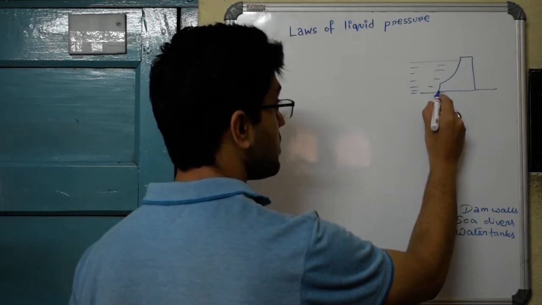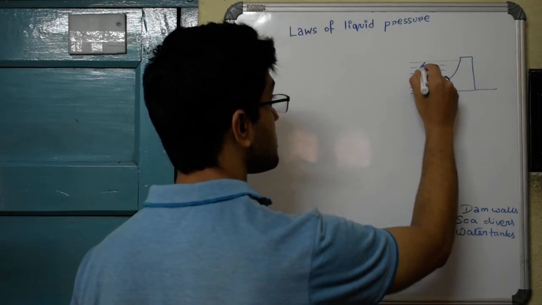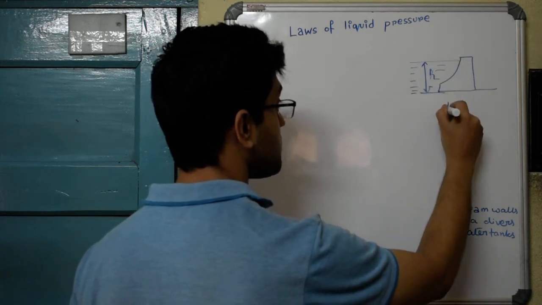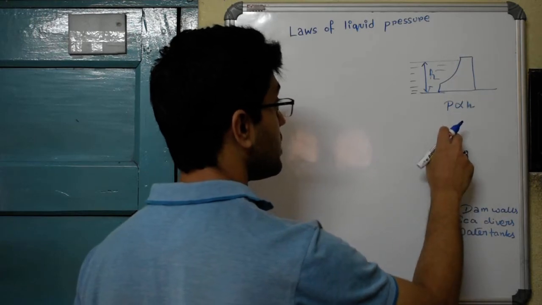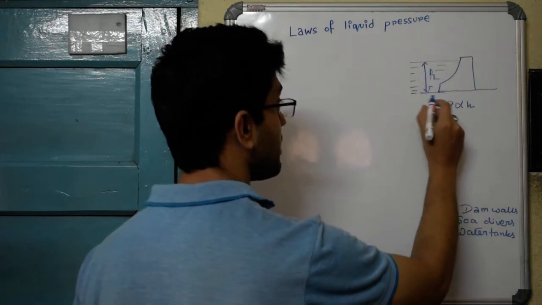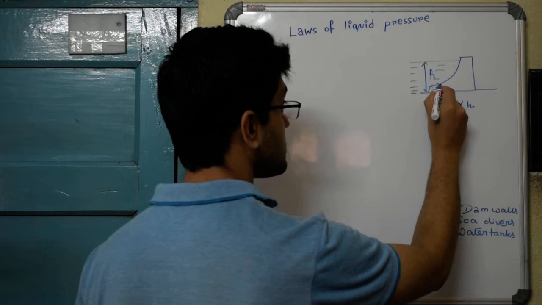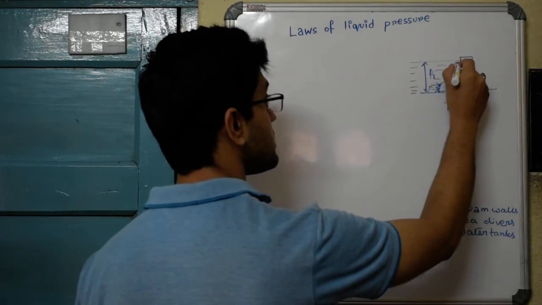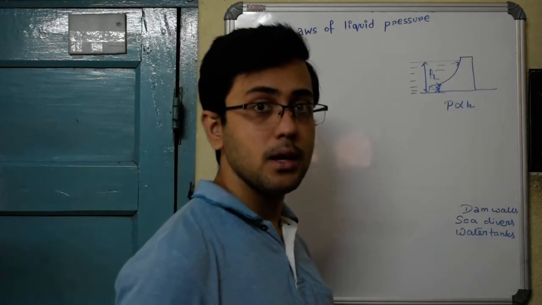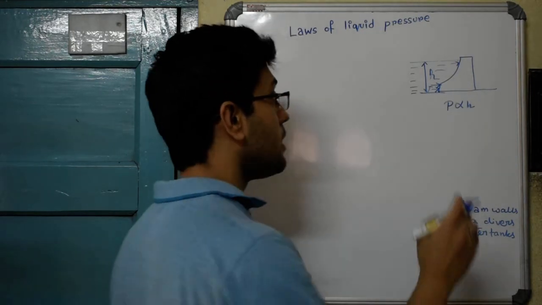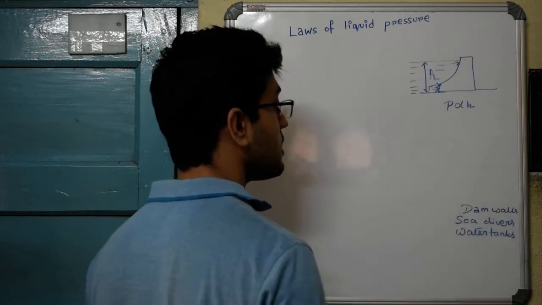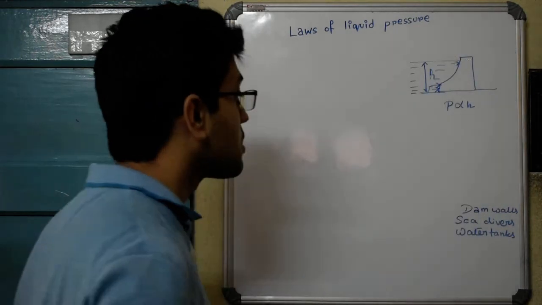That is because, say the dam is stopping this amount of water. By the time the water column reaches the base, there is a great height of water above it, and because pressure is directly proportional to height, the pressure that the water exerts here at the base of the dam is many times greater than the pressure it is exerting here at the top of the dam. Pressure increases with depth. Depth here is more than the depth here from the free surface. As a result, the bases of the dams are made much thicker.